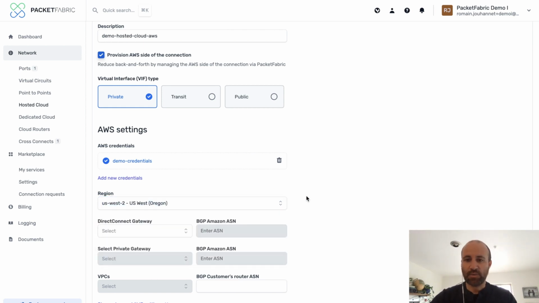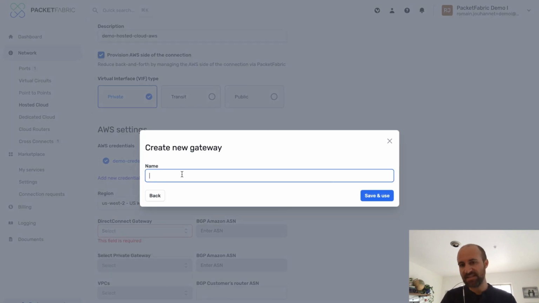And just as a side note, we actually have documentation on all the different roles, so you can create a custom role in AWS to make sure the key only has access to what we need. So everything related to Direct Connect and access to your VPCs and so on.